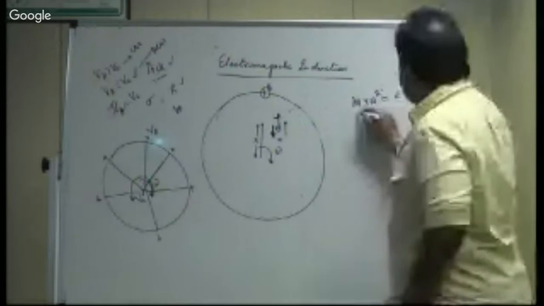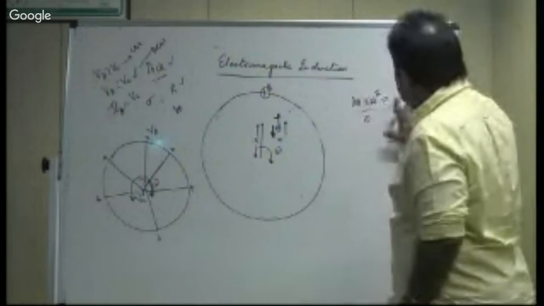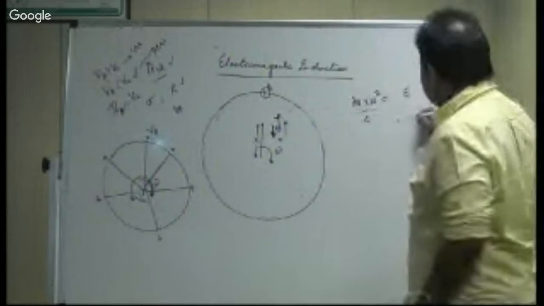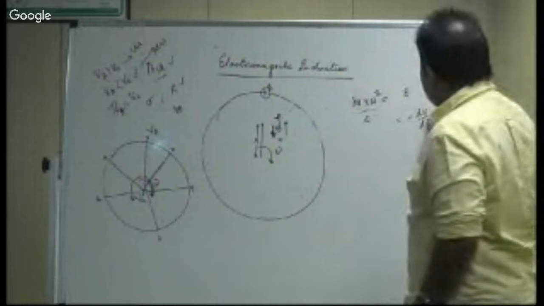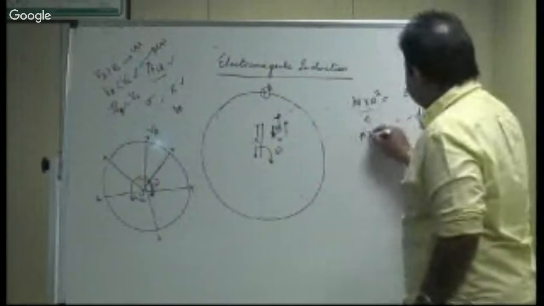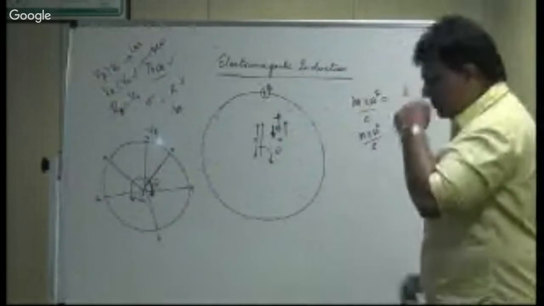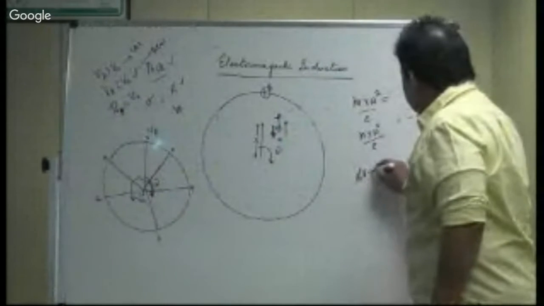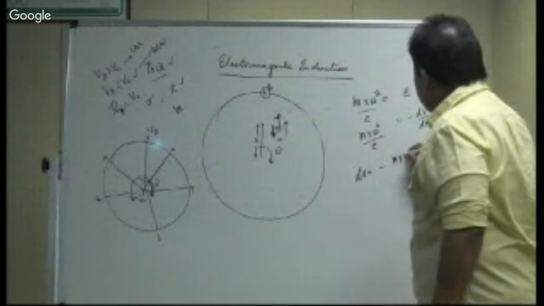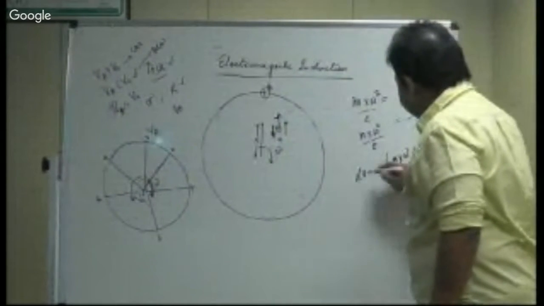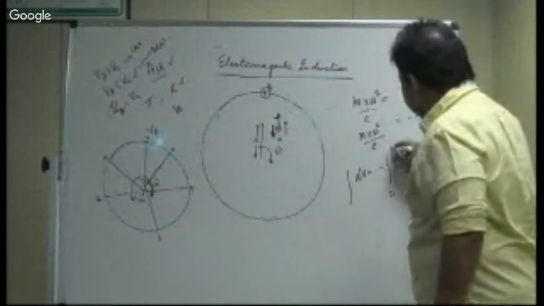So I can write this as this also. Our electric field होता कितना है? Minus dV by dx. It will be mx omega square by E, which means dV will be minus mx omega square dx upon E. I have to integrate this from 0 to